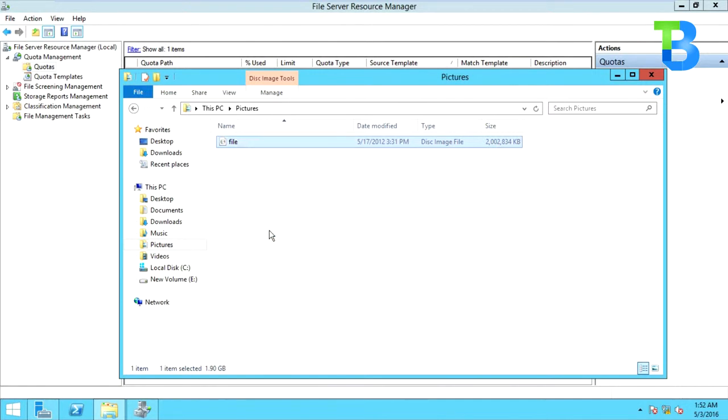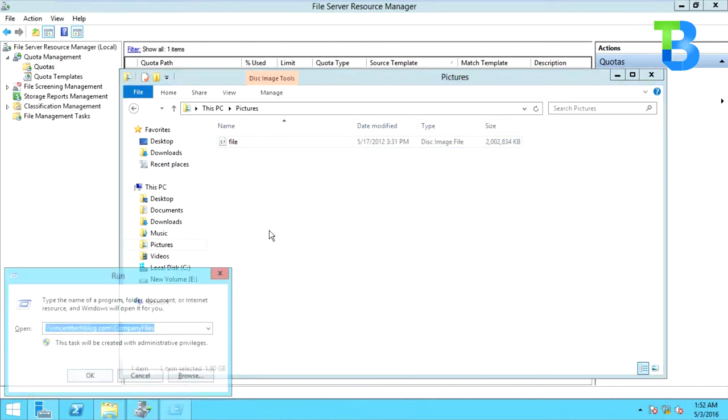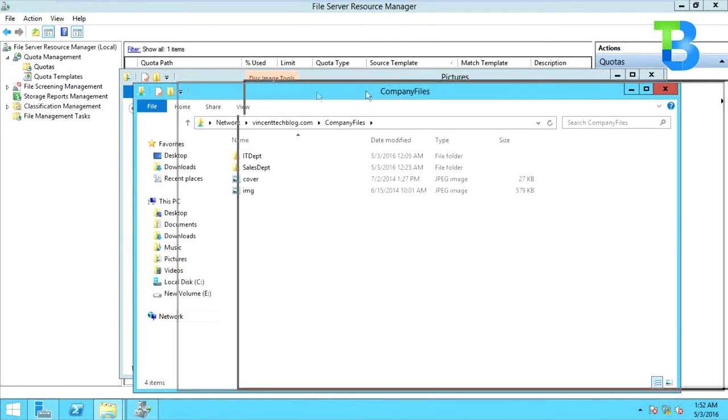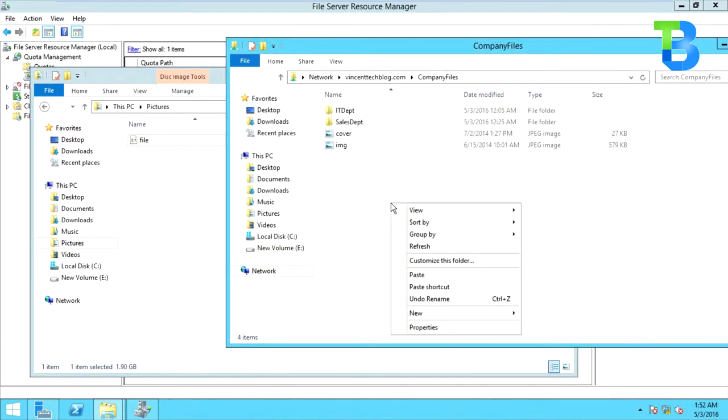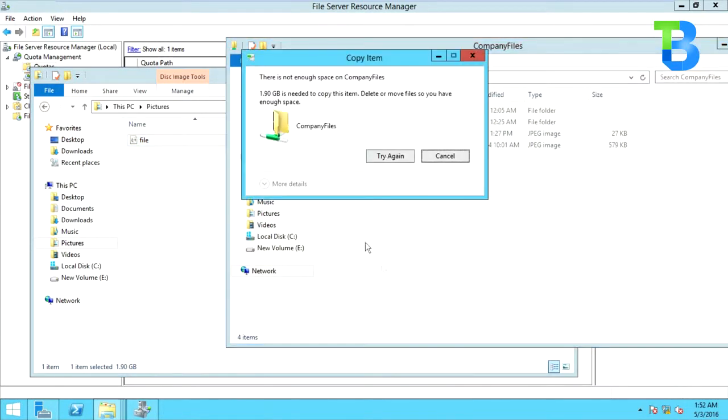Okay, so I'm going to copy this file and access my central storage where the Disk Quota was created. Of course, it's supposed to just paste in there. Okay, so I'm going to right click, paste that. Oh, it says what? There is not enough space in company files. Whereas company files has a lot of space, but every user has been given not more than 1 gig to use, which is perfect because on my